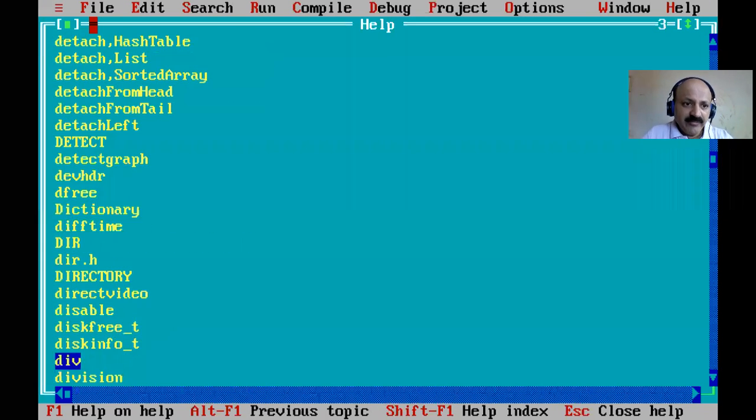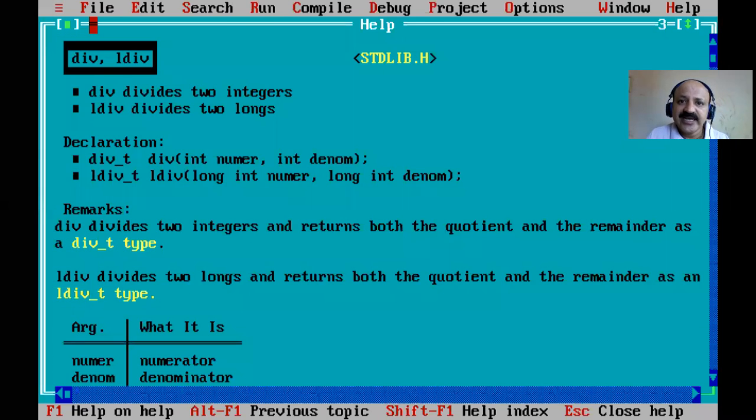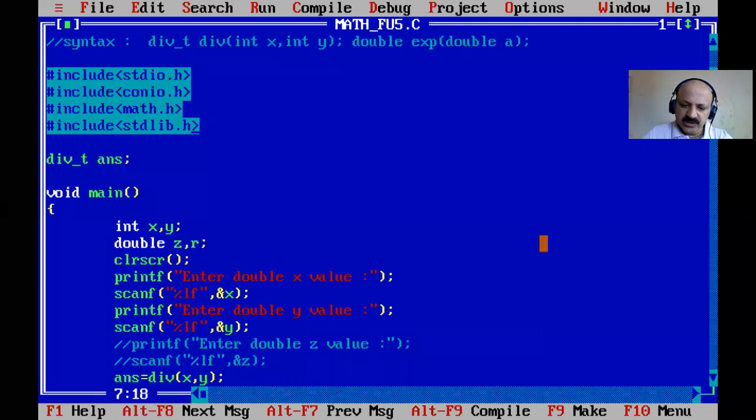So for div, the std library is needed. We can divide two integer numbers, and div_t is the inbuilt type, giving the quotient and remainder value. Let us check first that there is no error.